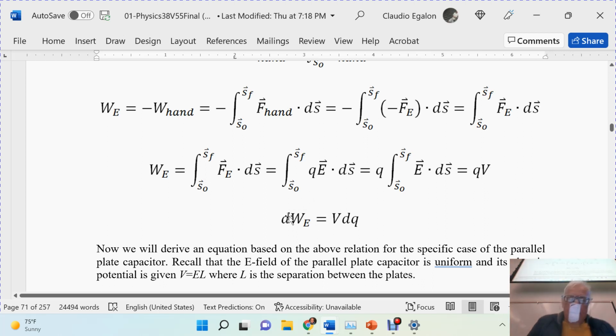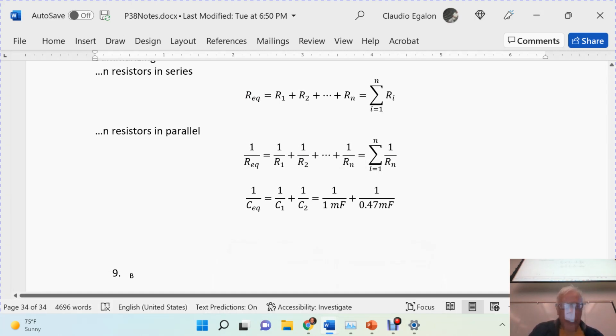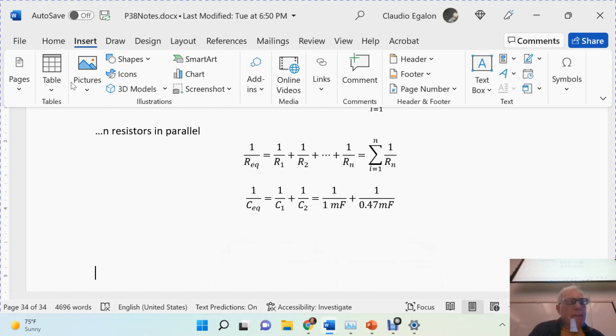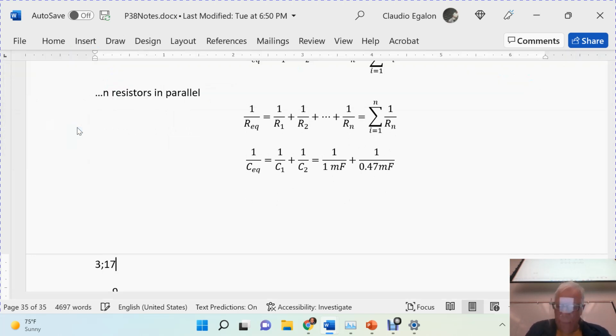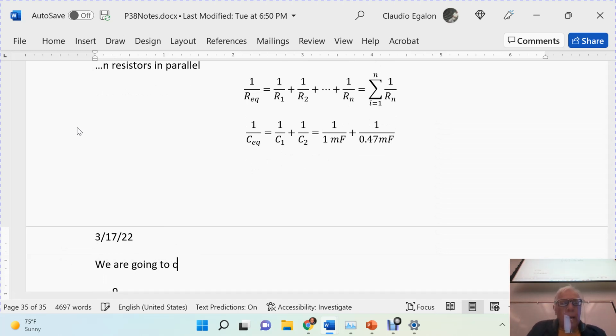Let's do that. Here you go. I'm gonna go on the other. I'm gonna write down here. Today is insert page break 317. Oops, 317. Oh gosh, 317 2022. Okay, so we are going to calculate